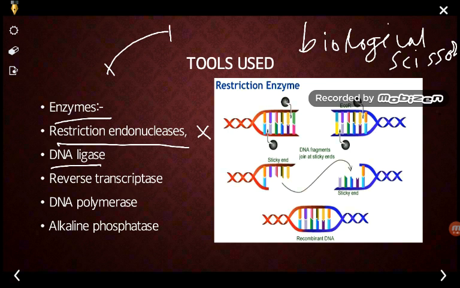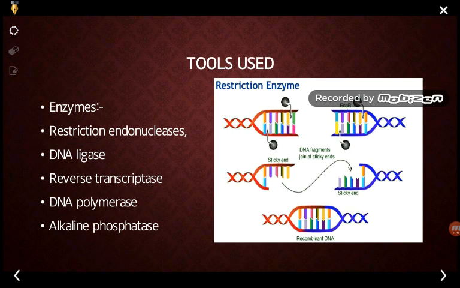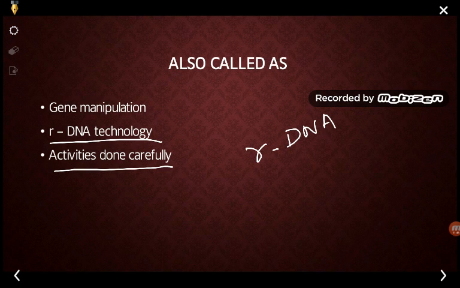Next, the different tools which are used in recombinant DNA technology, and what is meant by genetic engineering. So these are the different aspects which we have seen inside the recombinant